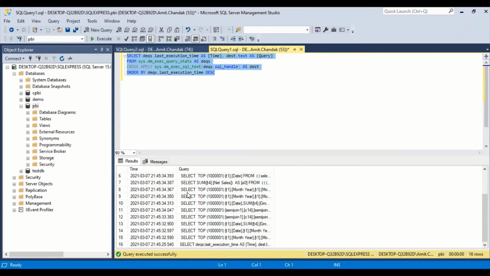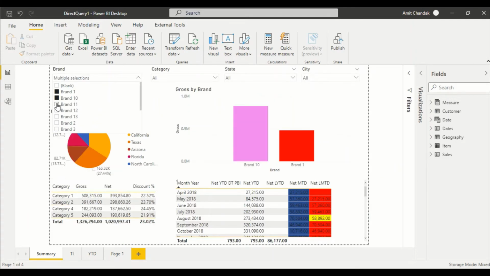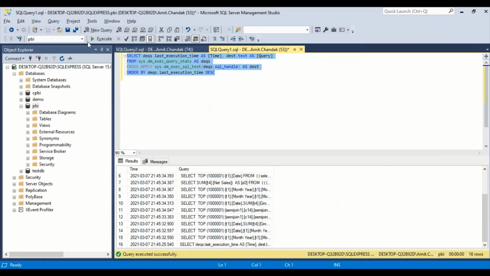Now I'm going to do one thing. We'll go back there, and now I'm going to select a couple of parameters. Now I'll come back again here, and you will see I have another set of almost 48 queries. Now I have 3 queries less, so I have another set of 29 queries which is added to this number. So it means every time I'm clicking, I'm adding queries to it.